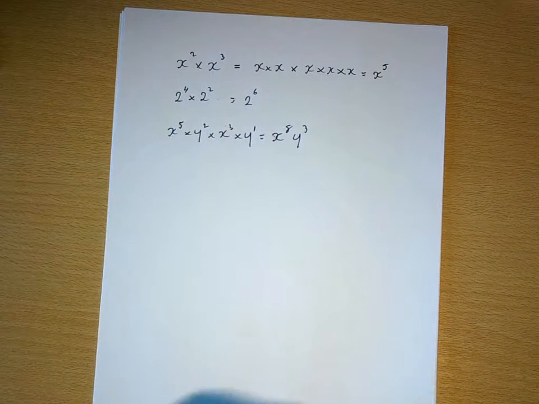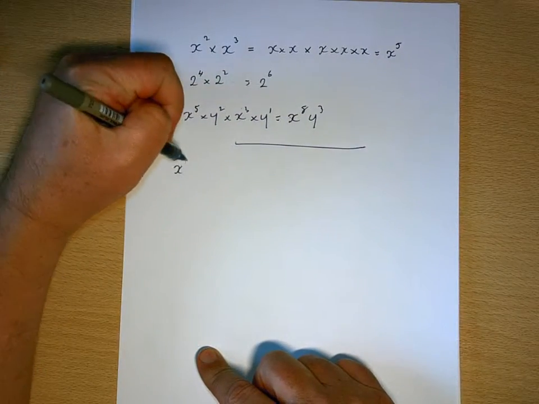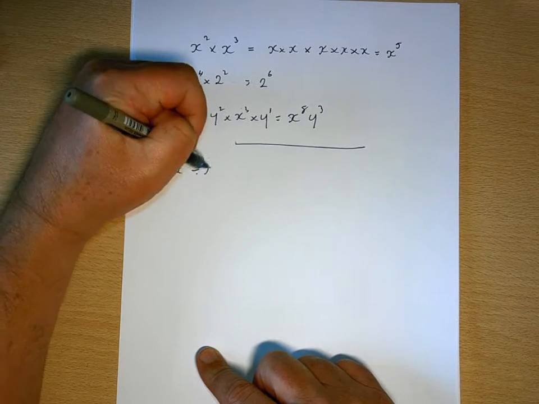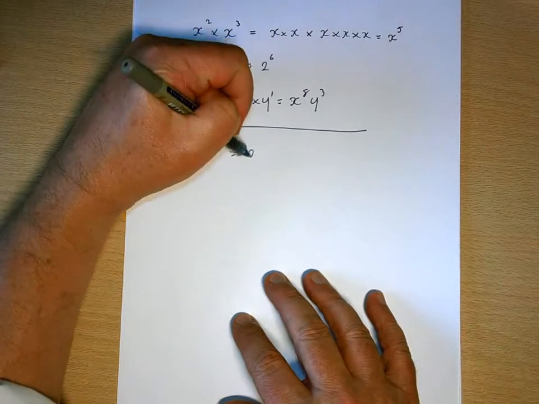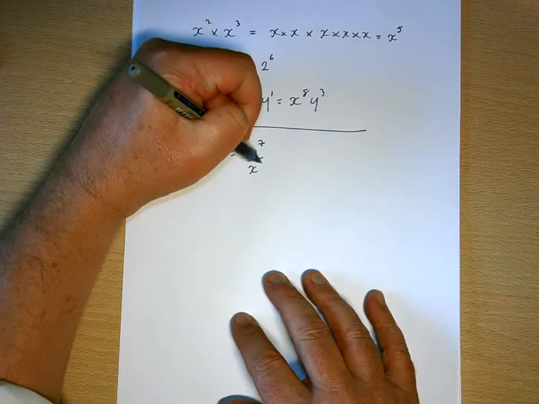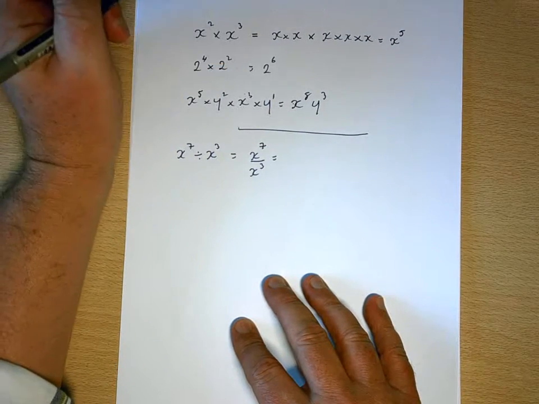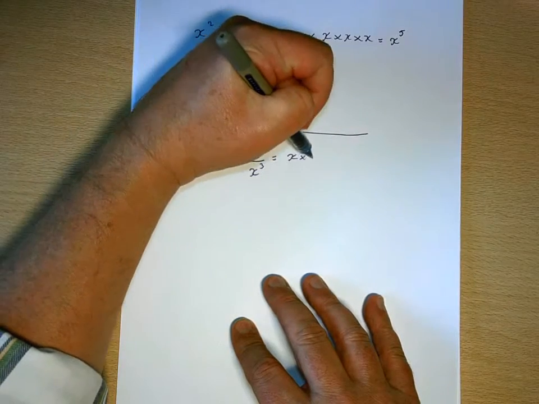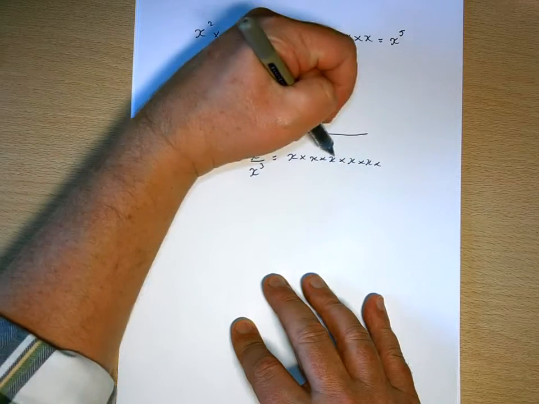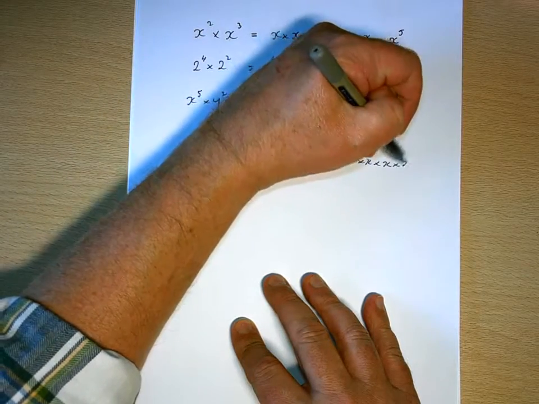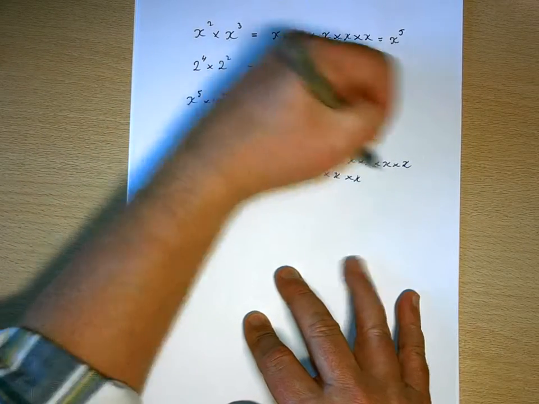So that's multiplying. When you divide, if you imagine we've got x to the 7 divided by x to the 3, well, divide in algebra we would write like that. And if we were to write that out longhand, as I did in the first example, you'd have x times itself 7 times on top. 1, 2, 3, 4, 5, 6, 7. And underneath,